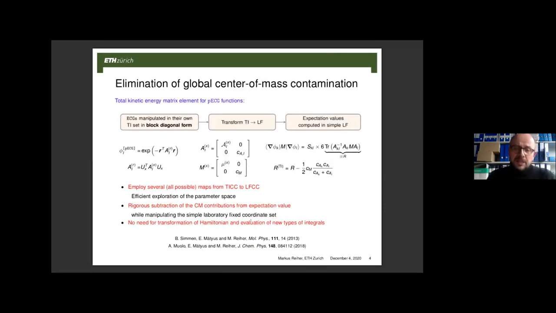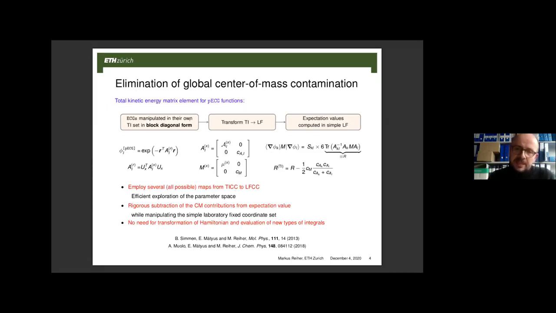Sharon mentioned this already yesterday. The elimination of center of mass motion is, of course, key because it deteriorates the energy. Typically, what you would do is transform to a set of translation invariant coordinates, but that would change your kinetic energy operators. It would make all the integral evaluations difficult, and the calculation of the parameters difficult too. We figured out that with our basis functions, it is actually possible to add, and this is shown here in this scheme in the upper half of the slide,